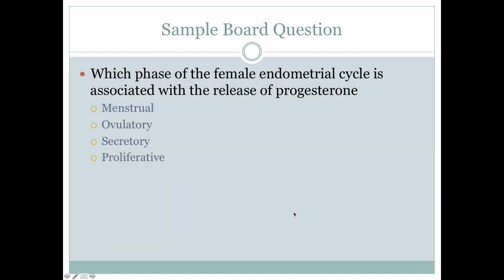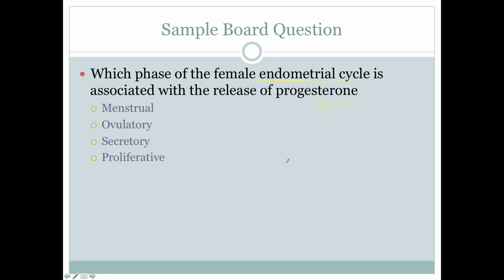Well, I hope you learned a lot. There is so much to learn about reproductive systems in males and females, and I really hope you can answer this question: which endometrial cycle phase is associated with the release of progesterone? So don't answer quickly. So here we're endometrial. So I just want you to remember endometrium, right? That's different than the ovaries. So that has these three letters: PMS, proliferative, secretory, and menses, right? So those are our three stages.